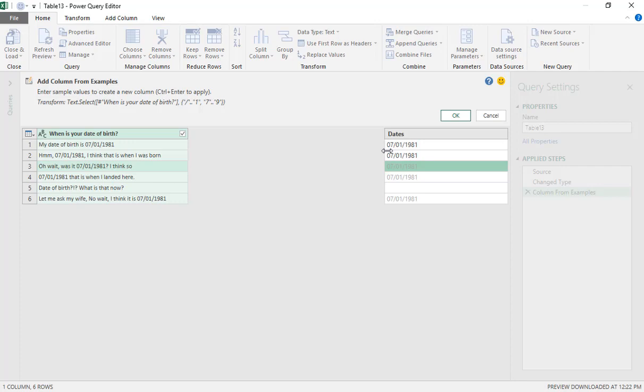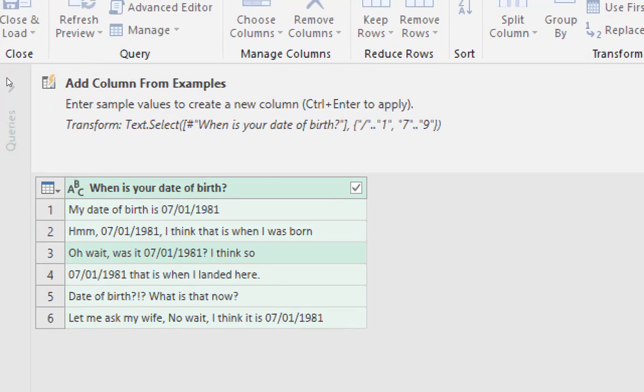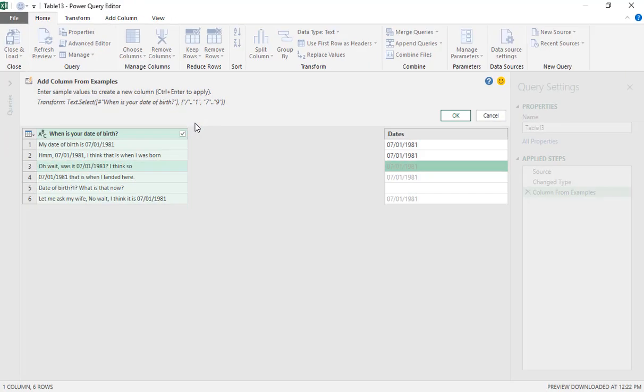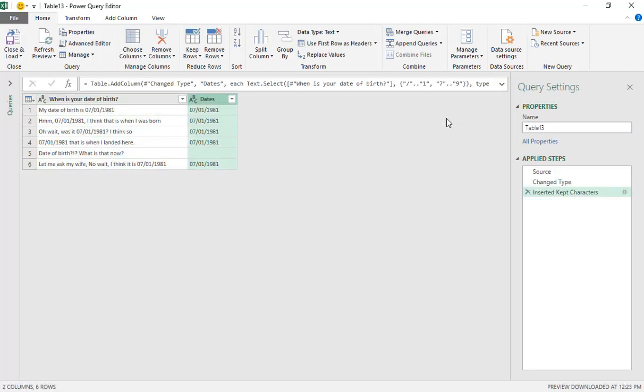So similarly it has doing something like that. And on the above you can see that there is M language code being generated here. As you can see, the M language code has been generated. Once you have finished fetching all these dates, press OK, and now you will have one column which exactly gives you the dates, right? And after doing that, all your steps have been recorded.